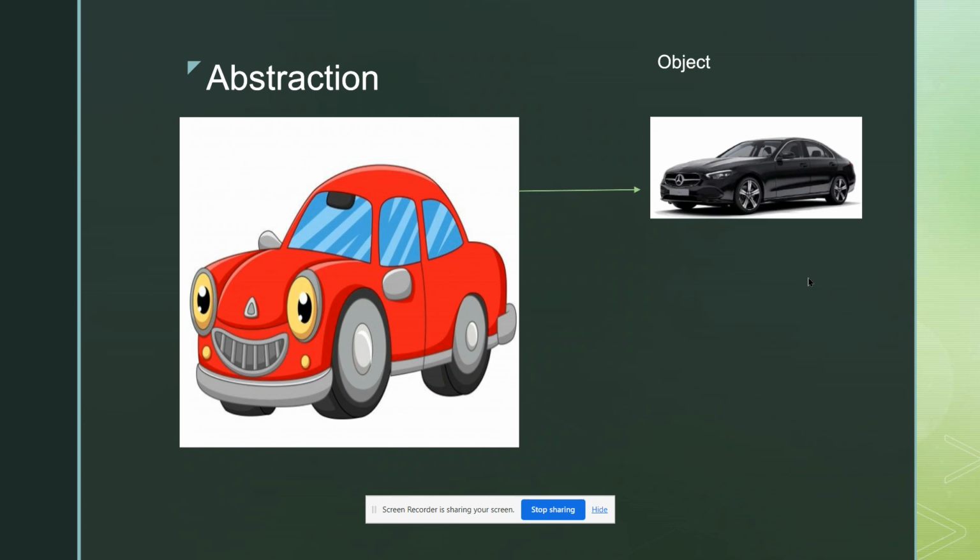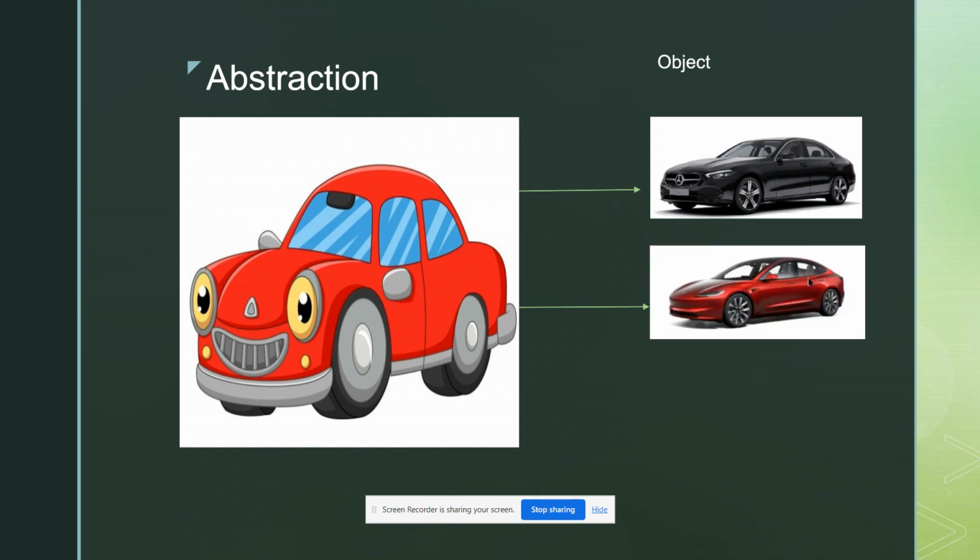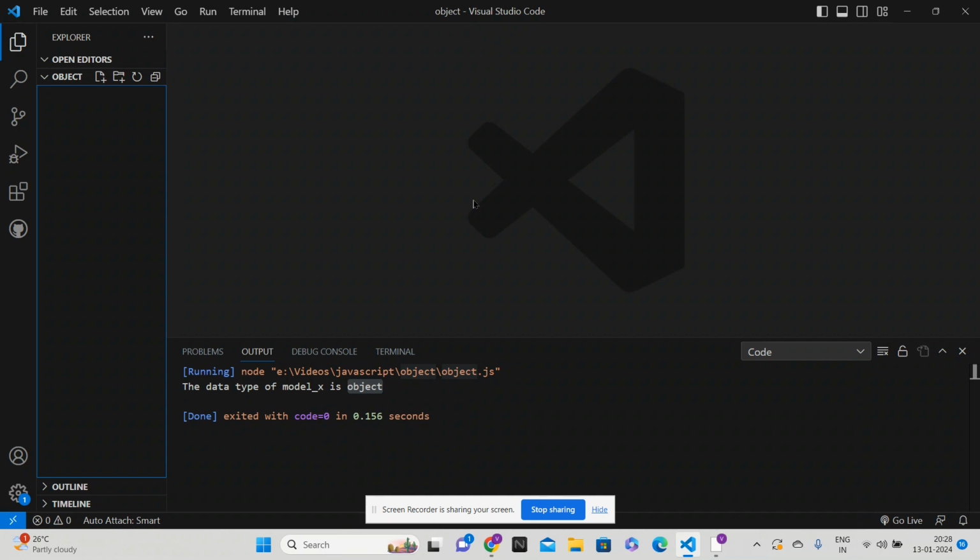For example, let's say you have this Tesla model, which is also of type car because it again has all the properties which we just mentioned for BMW: the number of wheels, steering wheels, engine, horsepower, whether it's an electric car or not. So all those. Let's open Visual Studio,